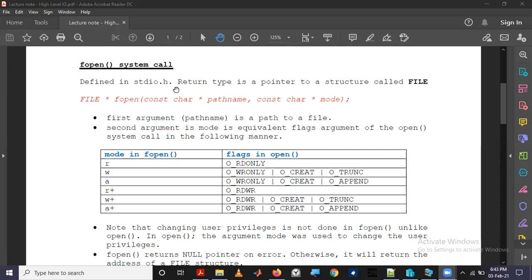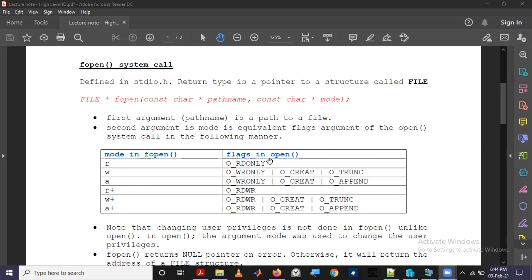So what I was discussing was this fopen system call. In this fopen system call, single or two letters are used to abstract these flags in the low level function open.